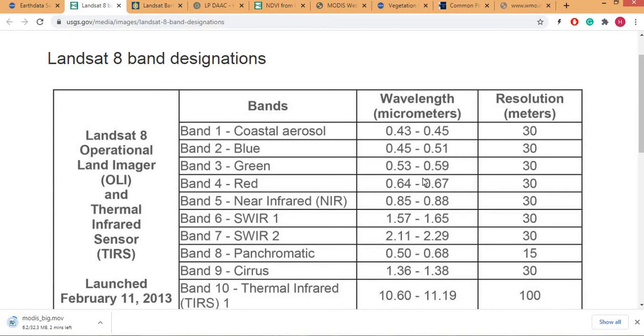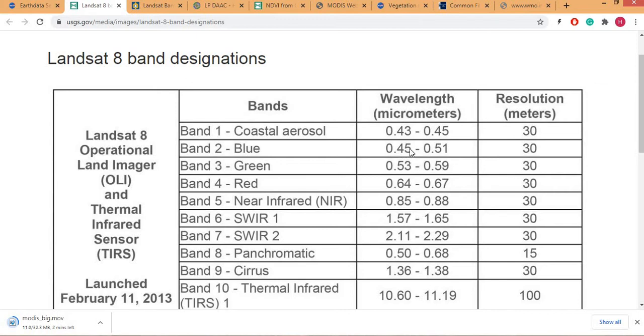Theoretically we know, you can Google it, that blue band ranges from 0.4 to 0.5, but practically there may be multiple bands within one band. I hope so. Blue band can be divided into multiple blue bands. Similarly, red band can be divided into multiple red bands. So the main theme, the main heart, or the main concept of remote sensing is how narrow the band is.